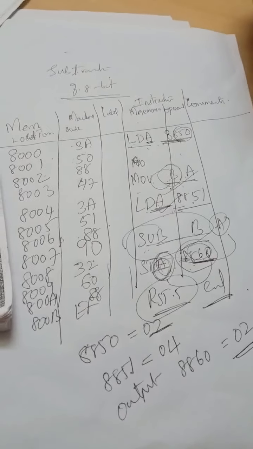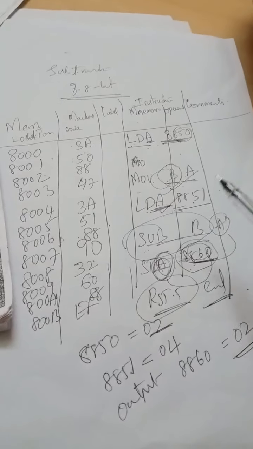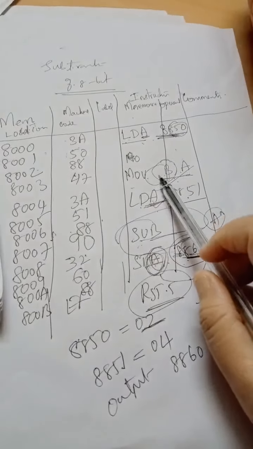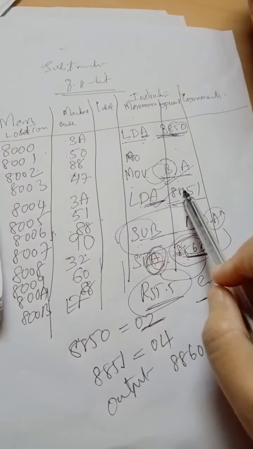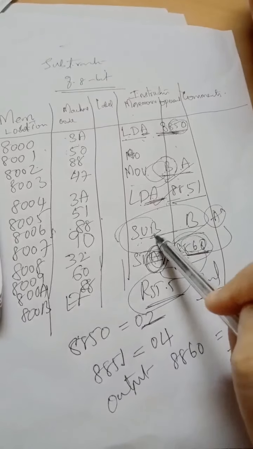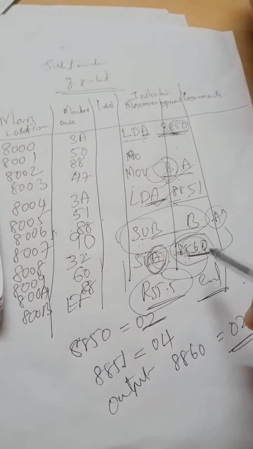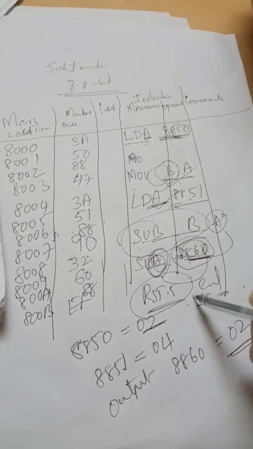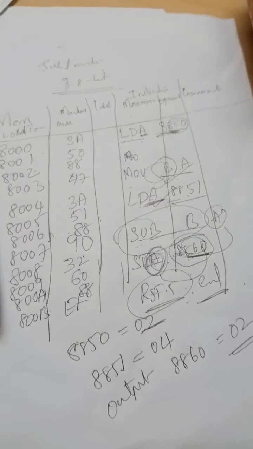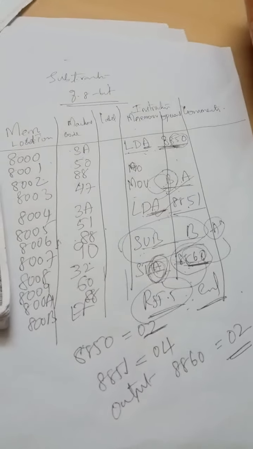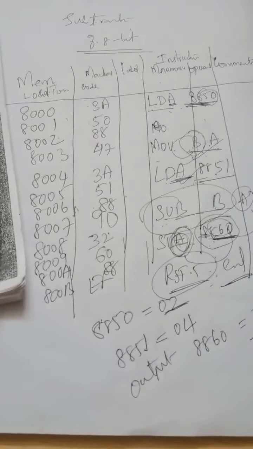Okay, so here it is a simple program we have done. With LDA we loaded one data, then we moved the data from here to here, then we loaded the second data here. Now both the data are present. One data is in the accumulator, one data is in the B register, and next we have to store the data here. Then next is RST, that means the end of the program. Okay, so by this we have finished writing the program for subtraction of 8-bit numbers. Now we will be executing the program in our next class.